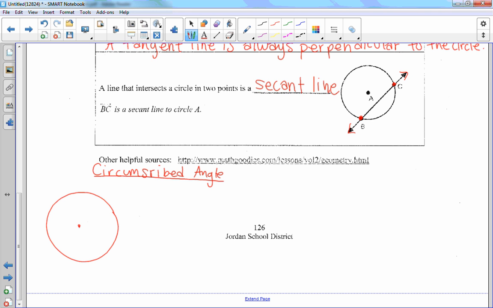Okay. Now, a circumscribed angle is an angle whose rays are tangent to the circle, which means they can only touch the circle once. And it has to be on the outside. Tangent lines have to be on the outside. So if I do a tangent line that touches once right there, and say this is the outside point or vertex of our angle C,